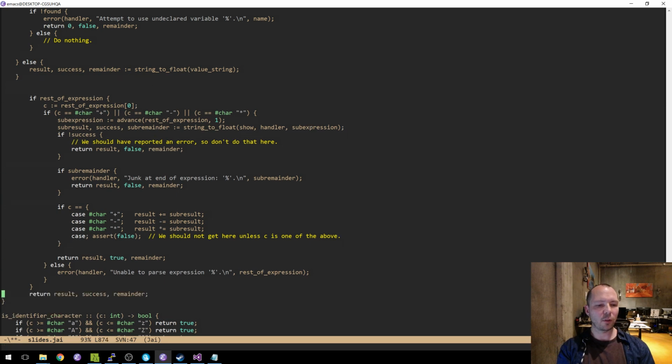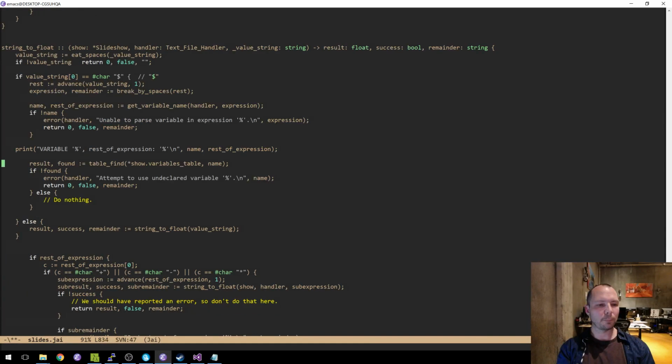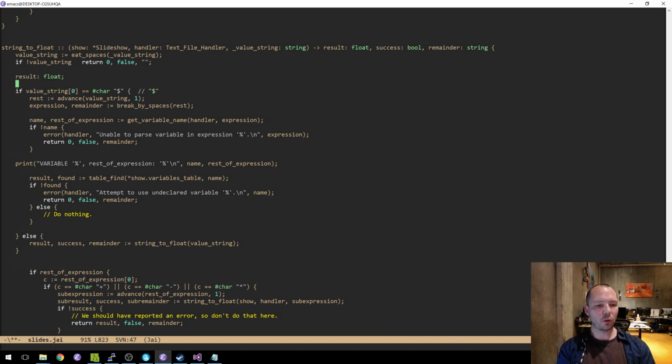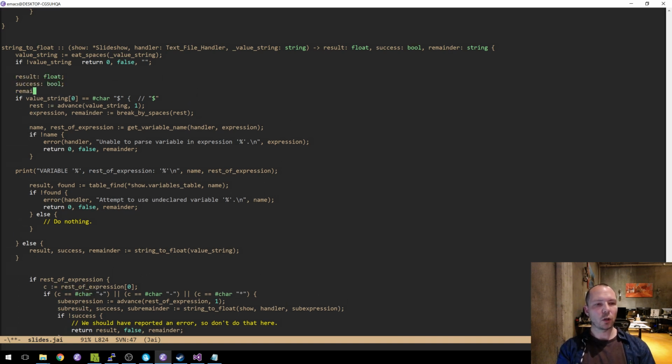We're going to drop this out here. I'm going to say result is a float, success is a bool, remainder or rest of expression is a string. So if it doesn't start with a $, we just parse it as a float, right? Otherwise, if it's a variable,